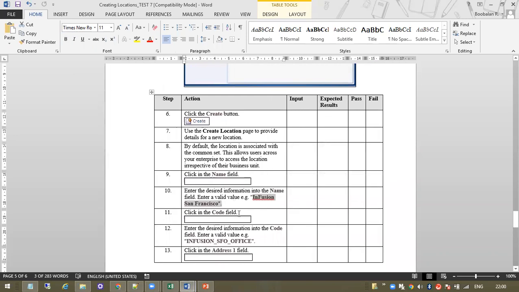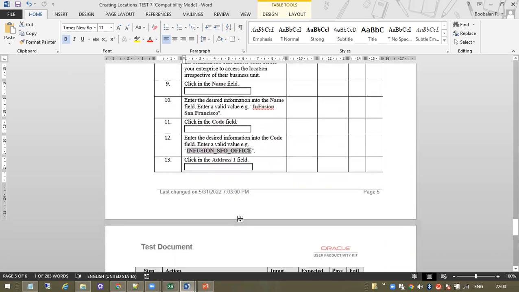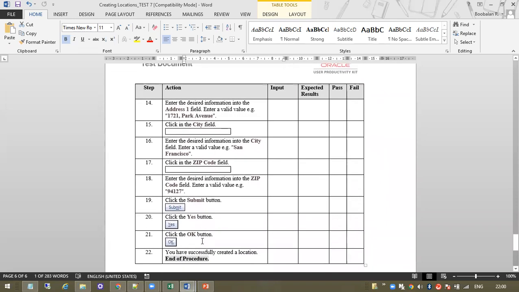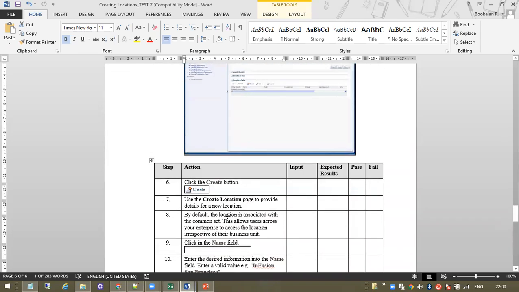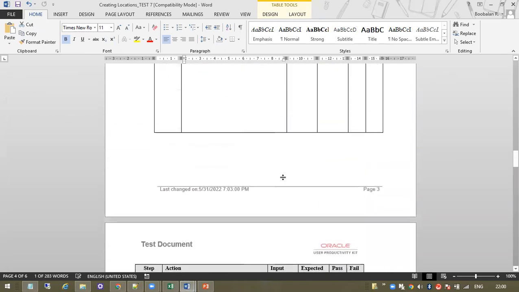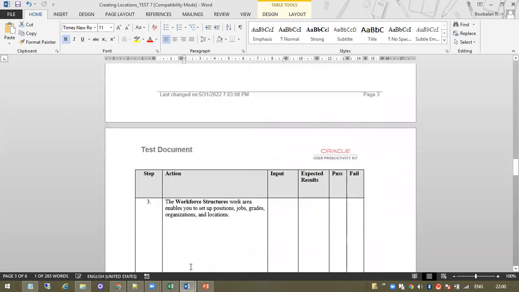They're having some requirement like in Fusion, San Francisco. This kind of code, they are using some codes also, not only the words. So these details we are getting from the client. The same should be tested in the real-time environment testing document, UAT level. What the inputs are received from the clients, we need to test it in the system and take a snapshot. So this kind of